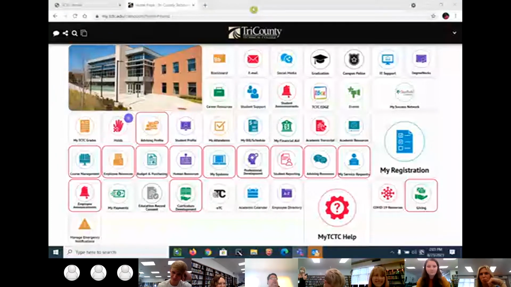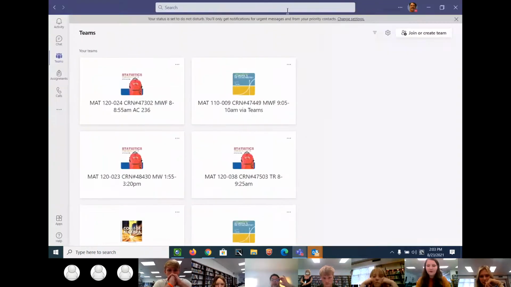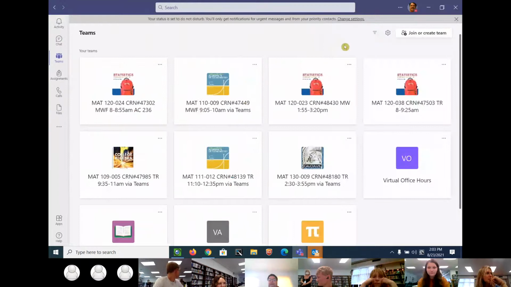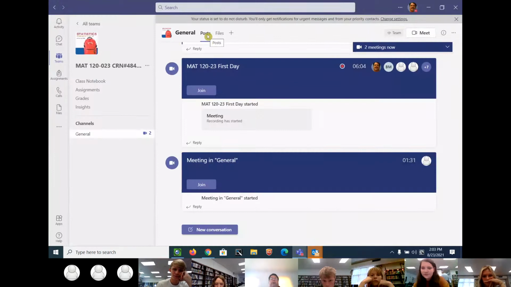But anyway, here is what your team's page looks like. I'm just going to show you around a little bit. Here's your team's page. And of course, yours don't have 5 or 6 classes, but there's your team right there. A team is the same thing as a class. You click on it, and here is the post page. Now, what does the post page do? That's like a bulletin board, all right? If you want to communicate with the rest of the class, that's where you communicate. But let's say you want to communicate with somebody personally. You hit the chat button,